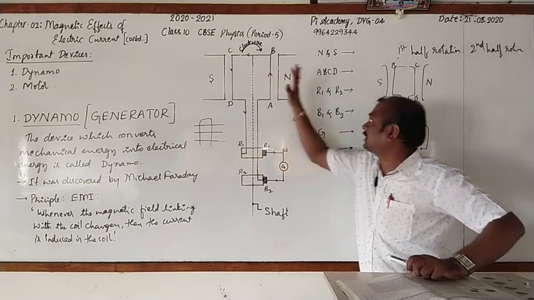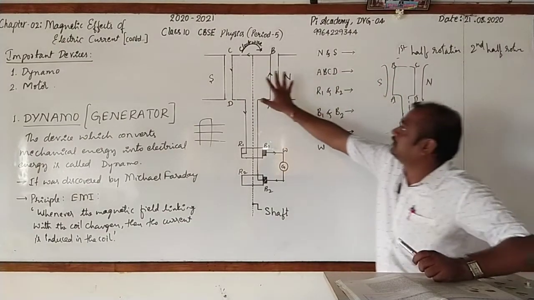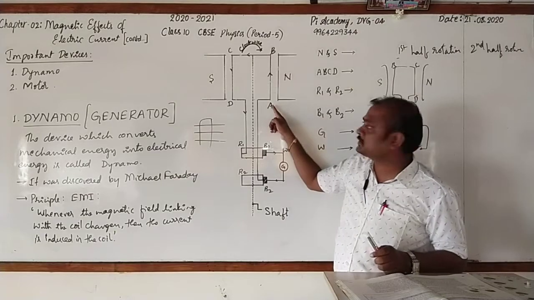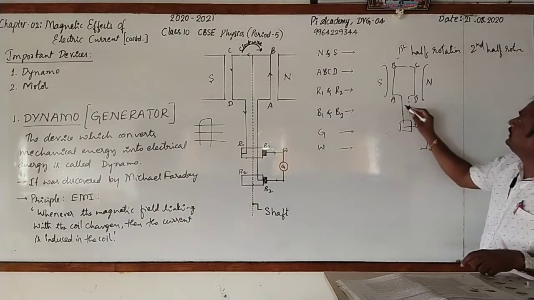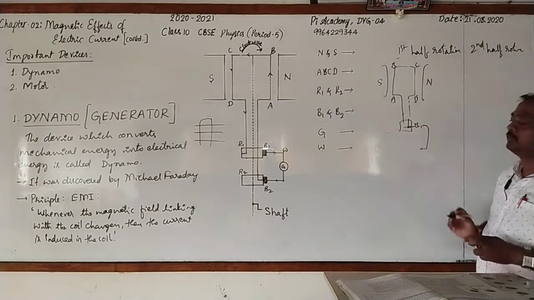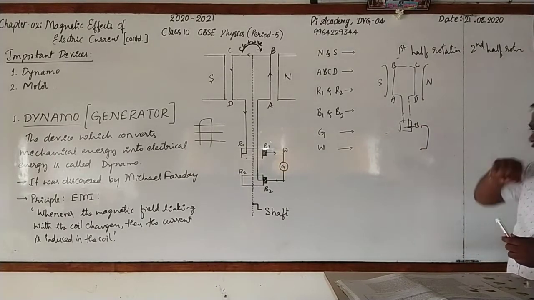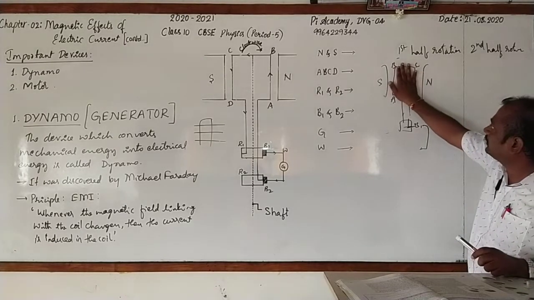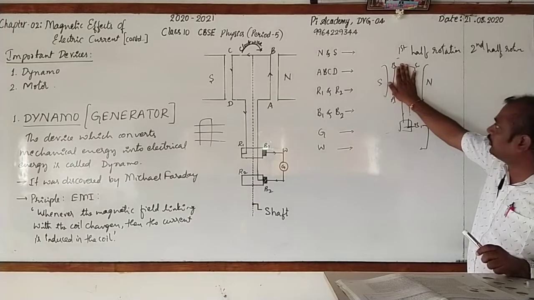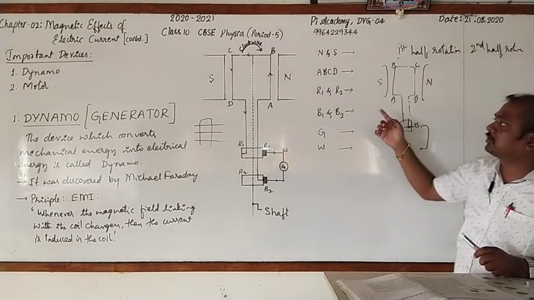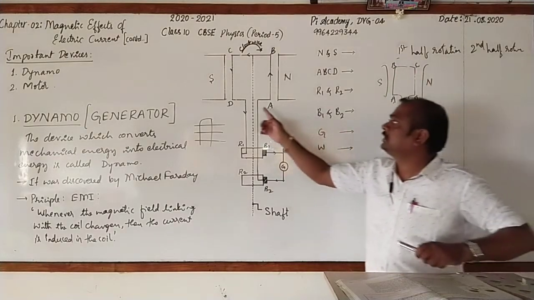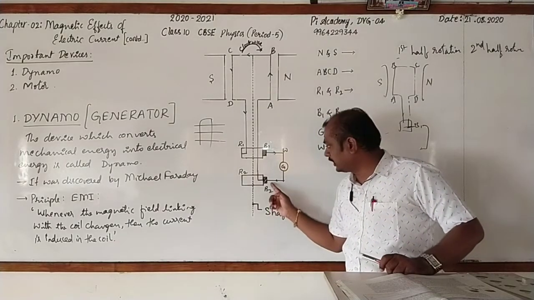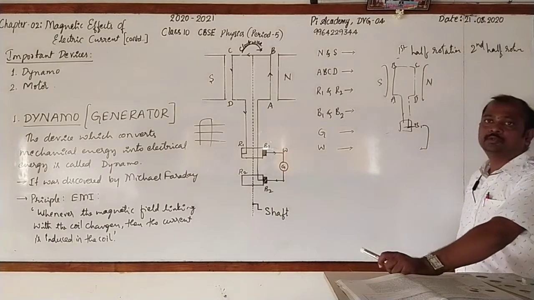When it is made to rotate in the clockwise direction, after half rotation, see that? After half rotation, AB and CD get interchanged. Current is flowing through AB, CD. Now see that? D, AB, CD. D comes in contact with B1. Clear? Then during the next half rotation, again look here, current is produced in the coil and current flows in the coil through DCBA. See that here, DCBA, and A is in contact with B2. Current in the external circuit flows from B2 to B1.